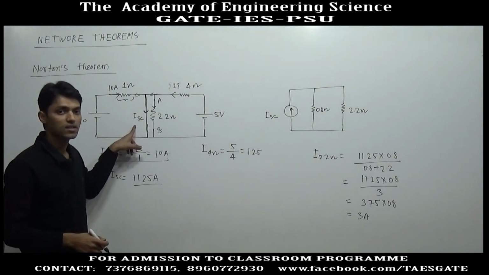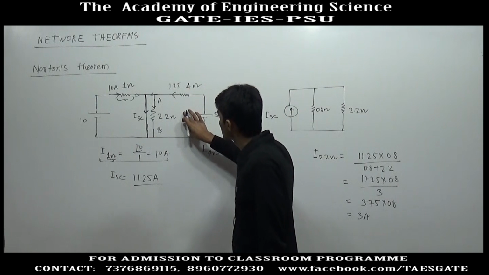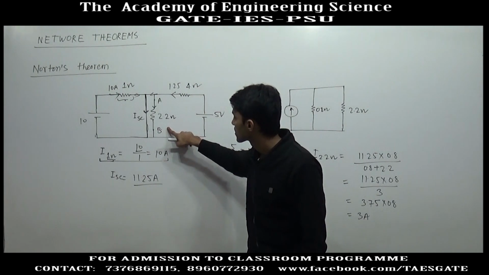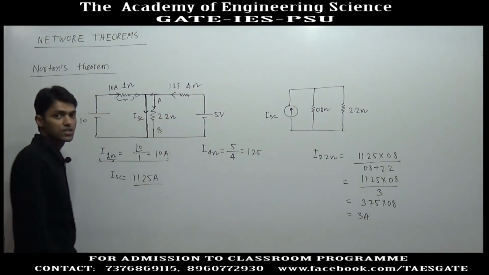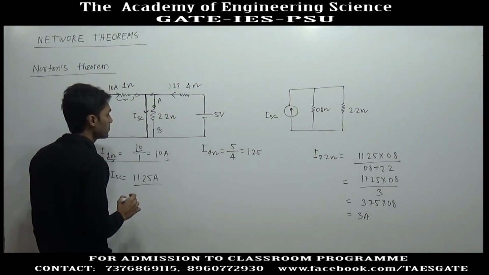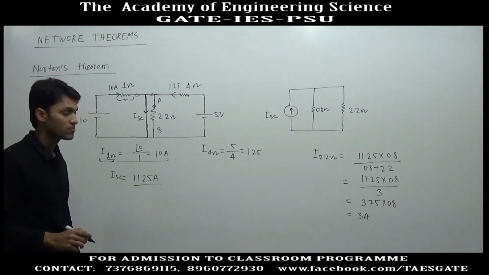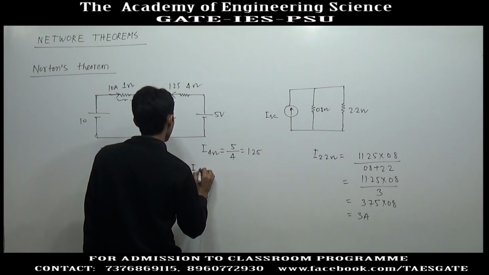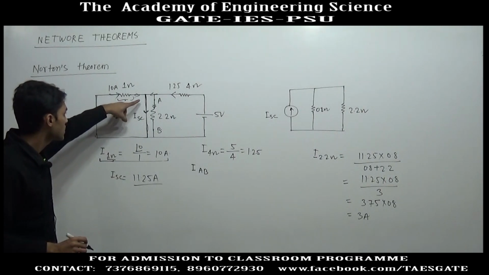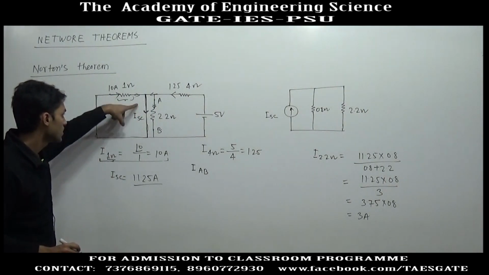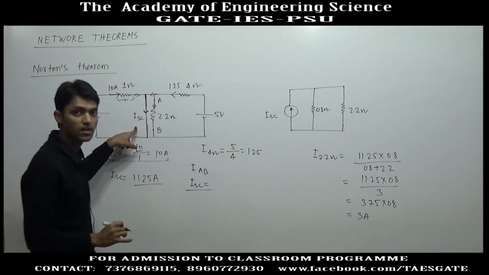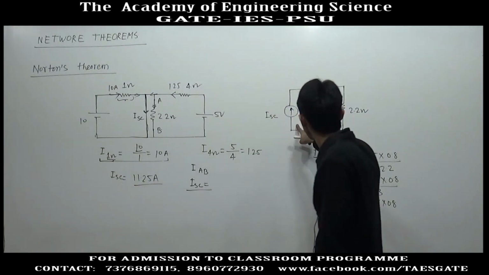While studying Thevenin equivalent circuit, we saw that the open circuit voltage across AB, the no load voltage across AB, is not same as the on load voltage across AB. Similarly, if you are asked to find out the current through AB in this circuit when the 2.2 ohm is present, that will be current IAB, and if you are just finding out short circuit current, it means that these 2 points are short circuited, then the current will be called ISC, and you are writing it as your answer. That answer will be wrong, because ISC is the short circuit current.